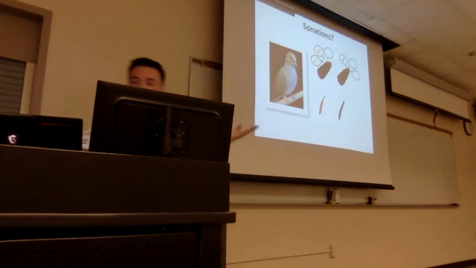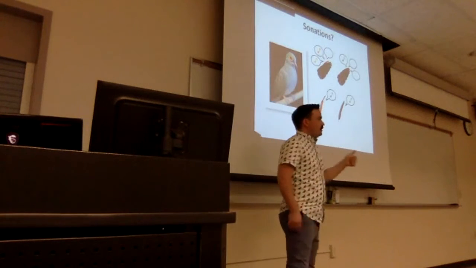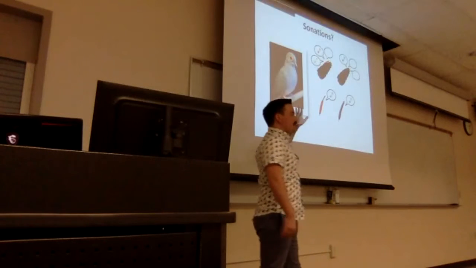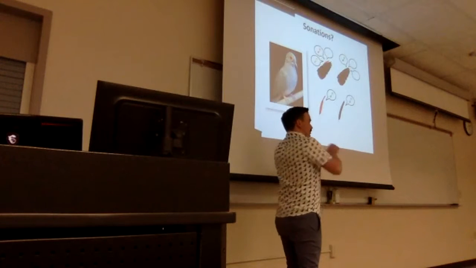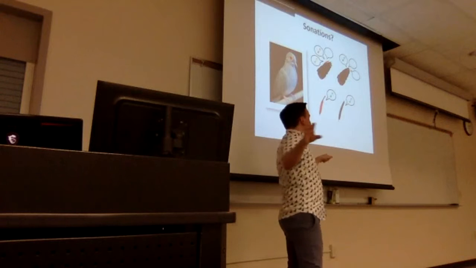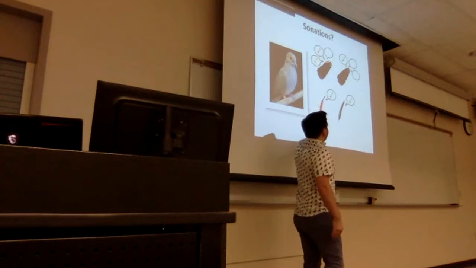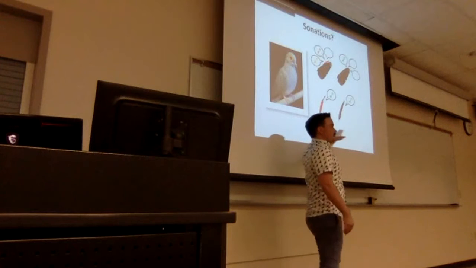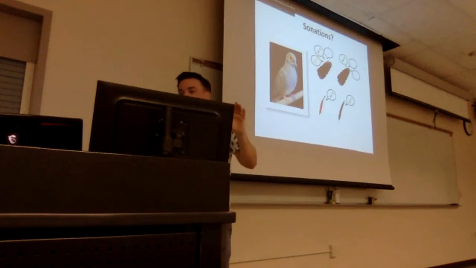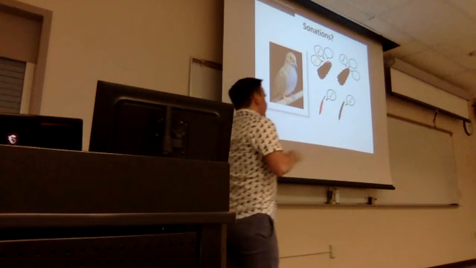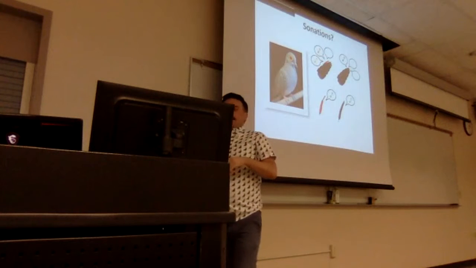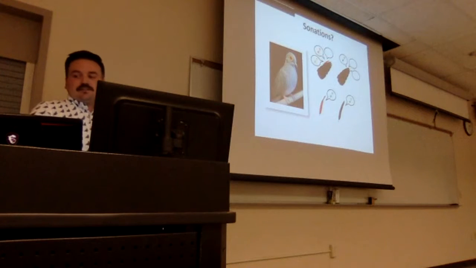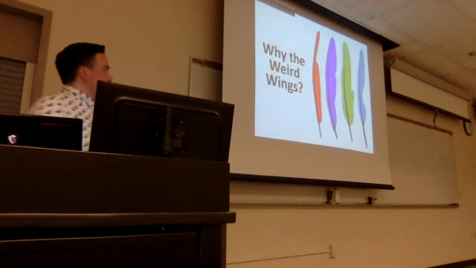So perhaps P10 does play a role in wing sound production, but individual P10 feathers themselves never produced sound that replicated the sounds we heard in live birds. Think back to that crested pigeon. If we took that feather off of the bird and stuck it in the wind tunnel, it would produce a pitch that's just like the ones we heard in our flapping birds. We don't see that with the P10 feathers or with the P9 feathers in the diamond dove. So this doesn't necessarily eliminate the possibility that diamond dove feathers, these P10 feathers, are influencing sound production, but I'd like to say that they're not specialized to do so, and instead are likely aerodynamic devices.